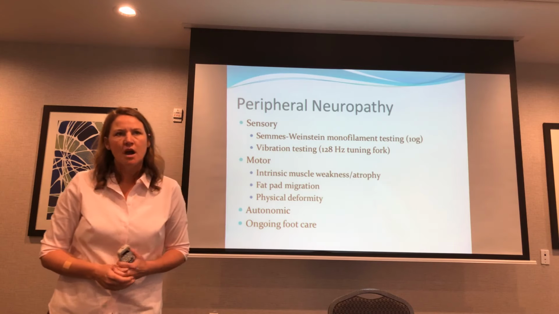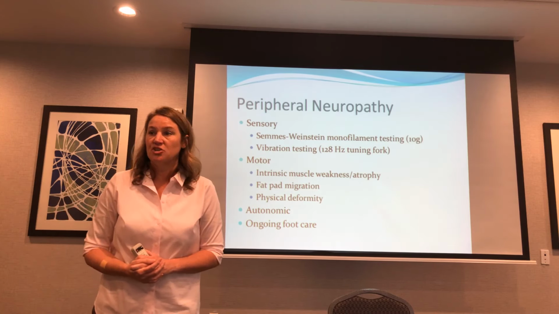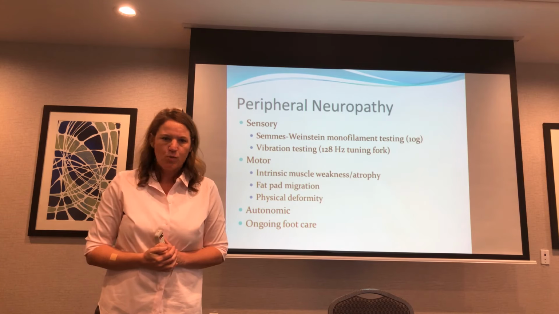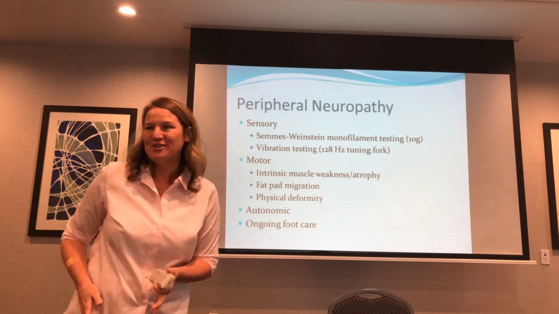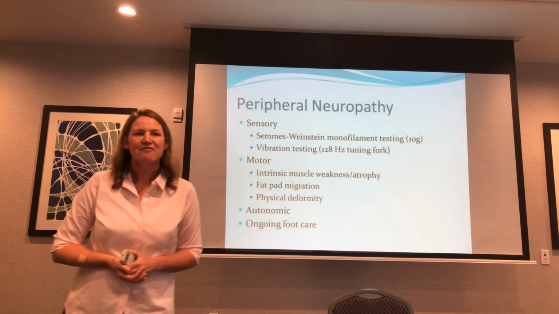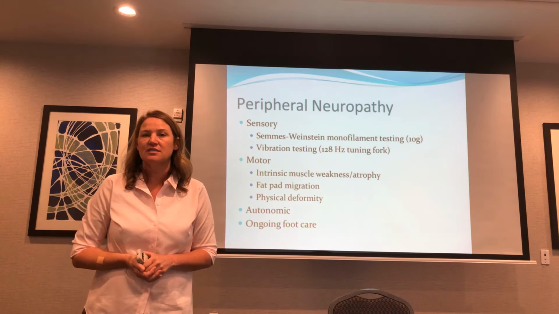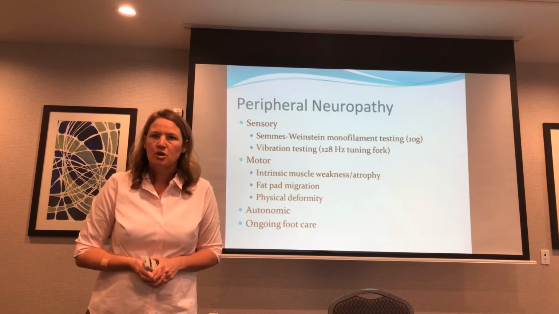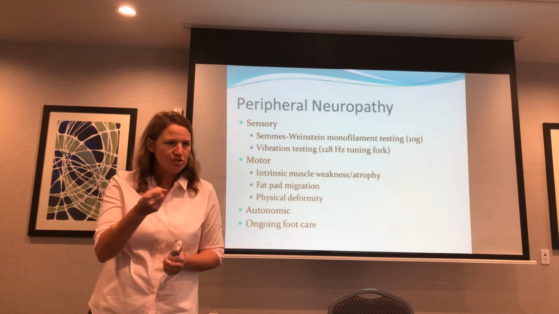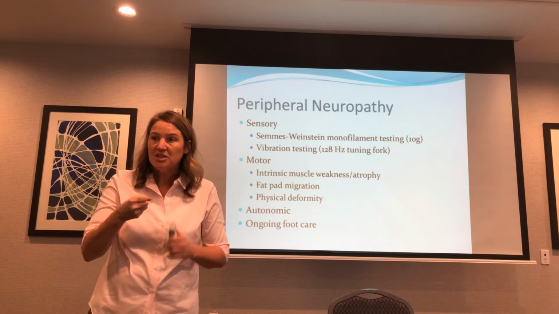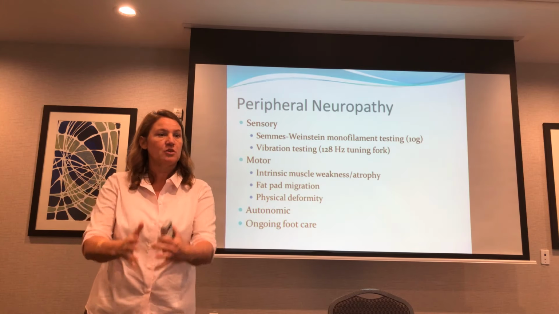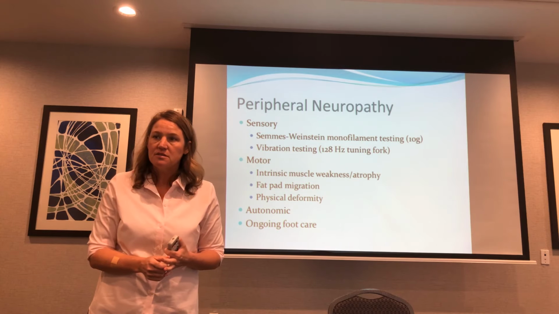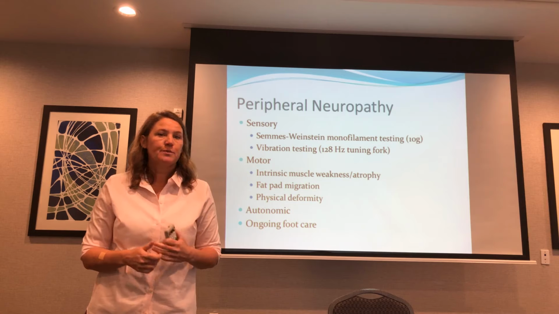So autonomic neuropathy is all those things that you can't just make happen. I can't look at my foot and say, sweat. I can't make my foot just start sweating, and I can't make it have vasodilation or any of those things. So those automatic things, like you stubbed your toe or you squeezed your toe and blood flow was diminished, and then you let it go and the blood flow should come back in. Your ability to react to hot and cold environments is autonomic. Your ability to